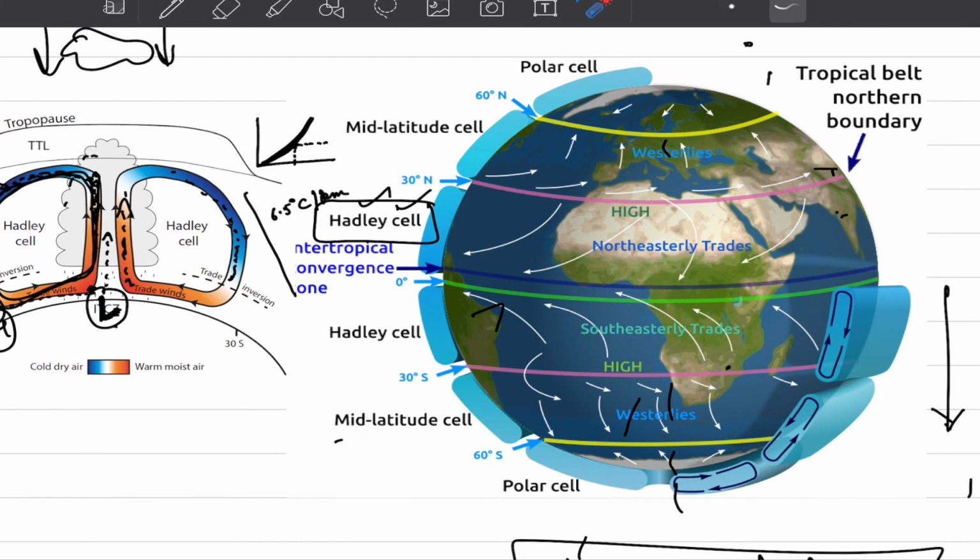So now what happens is that in the upper atmosphere, the direction of this wind movement, or the curvature, would be from the west towards the east. And when air returns back, because of this Coriolis effect, air will take the direction from east towards west as it moves towards the equator.